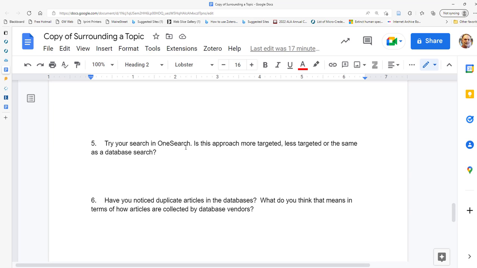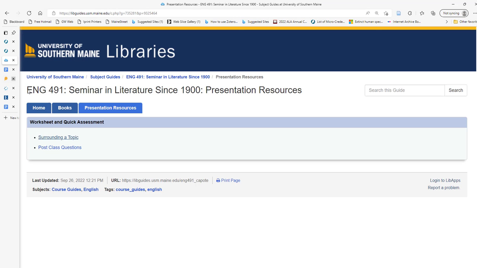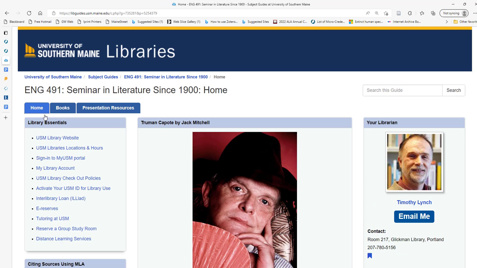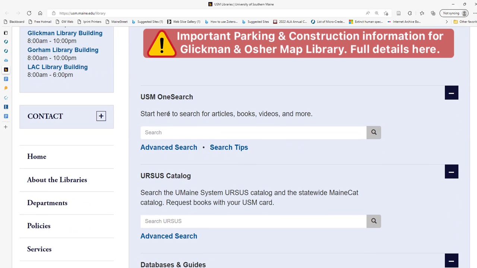Try your search in One Search. Is this approach more targeted, less targeted, or the same? Okay, so we haven't done that. Let's try that. If I go to the home page here, and I go to the website, and I go to One Search,